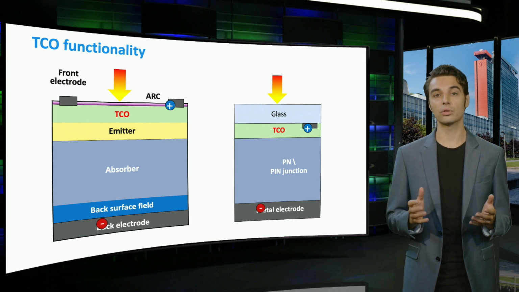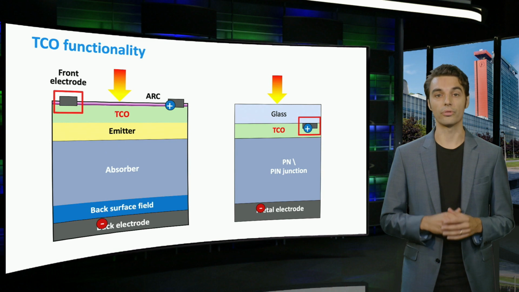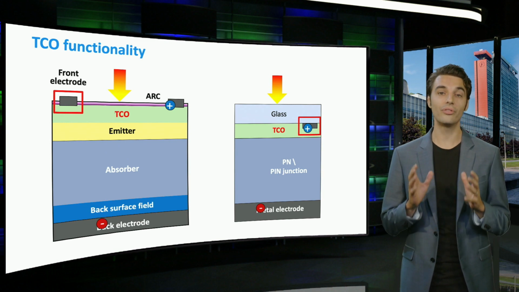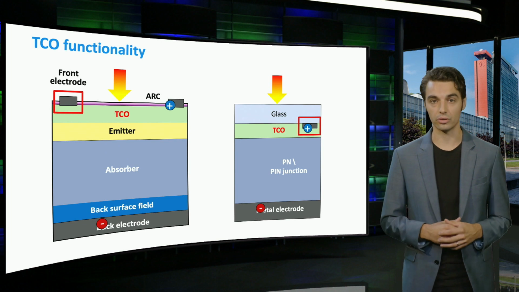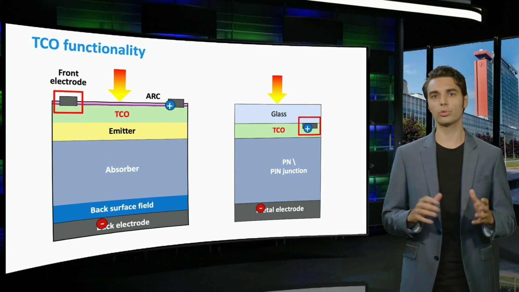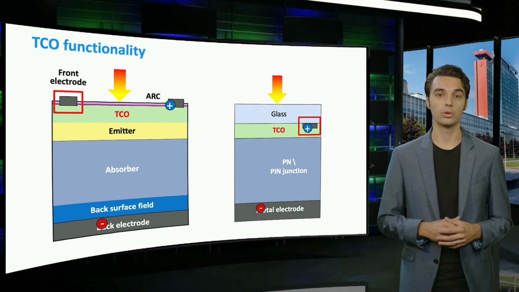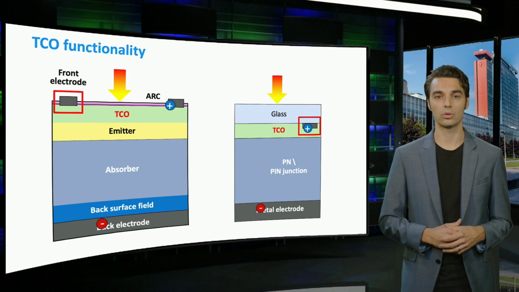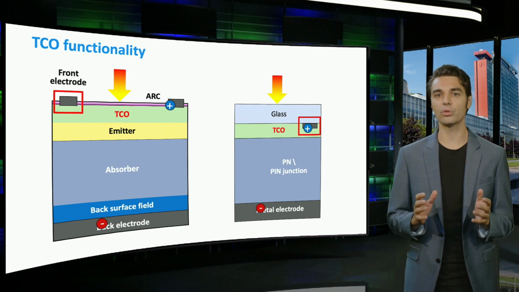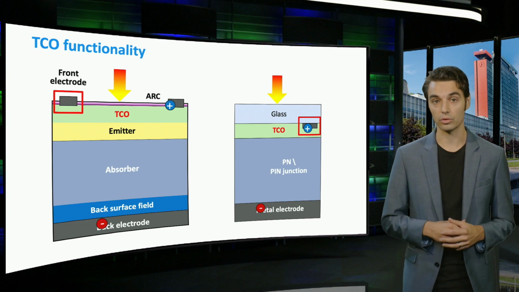The back electrode often covers the entire back surface of the solar cell. The front electrode, however, only covers a very small portion of the front surface in order to minimize shading losses. Many materials used for thin film solar cells have a relatively poor lateral conductivity due to the thin film deposition techniques and growth direction of the materials. This makes it challenging for generated and separated charge carriers to be collected at the front electrodes.